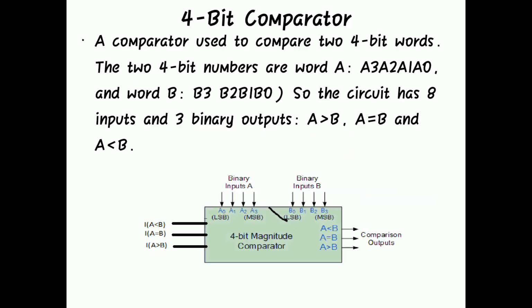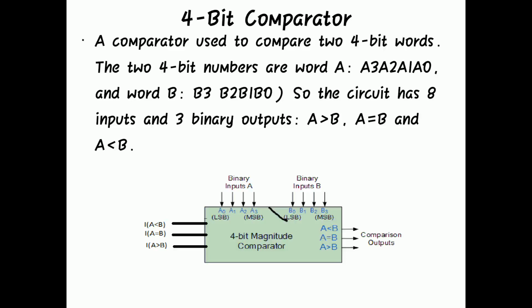So going to the 4-bit magnitude comparator, as we know in the 1-bit we have normally A and B. In the 2-bit we have A0 A1 B0 B1. What about 4-bit comparator? We can't compare 4 bits of A and 4 bits of B, it will take a long truth table. So here we have a simple block diagram of a 4-bit magnitude comparator, where we have 4 bits of A, as you can see, A0 A1 A2 A3 and B0 B1 B2 B3, LSB and the MSB. You need to note down 3 things here.